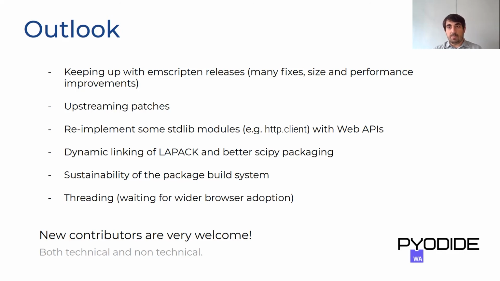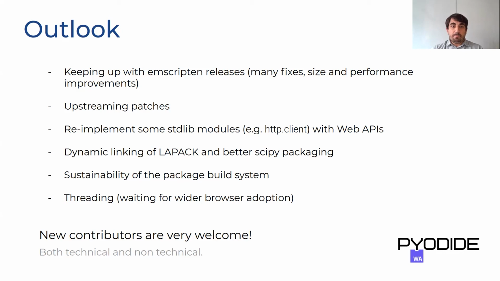Currently, the packages that are built sometimes have patches to make them work with Pyodide, and not all of those patches are sent upstream currently. There's also maybe a need to implement some small parts of the standard library, for instance those that rely on threads and are frequently used. So you cannot use, for instance, the HTTP client currently because it requires sockets,